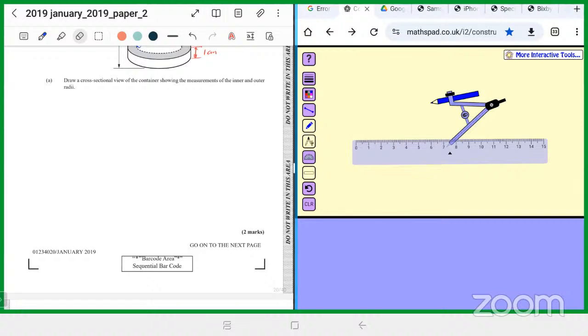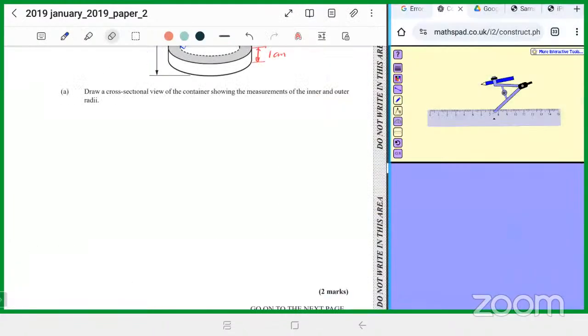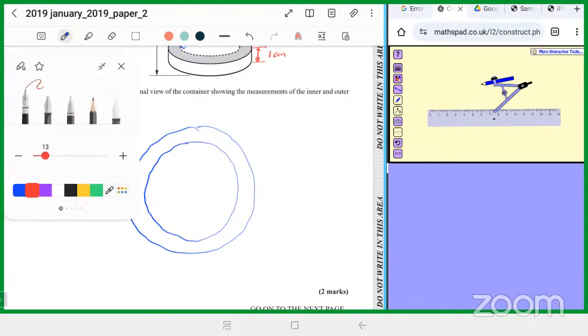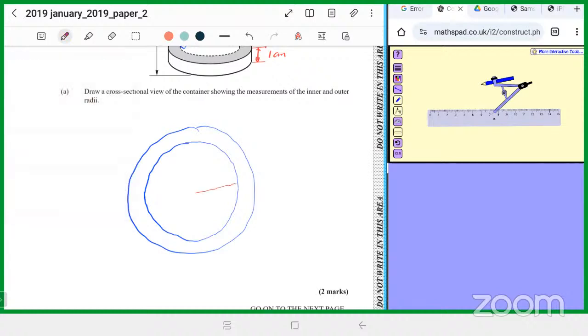I don't like the fact that it says draw. Usually when I say draw, you have to go accurate, right? I don't know, but 14 centimeters. Anyway, you're going to end up with something looking like this: an outer circle and an inner circle. And you're going to label it up from here to here is 14 centimeters, and from here to here is